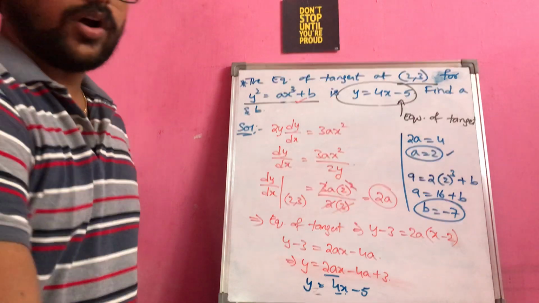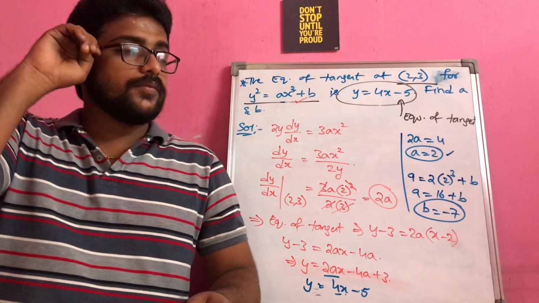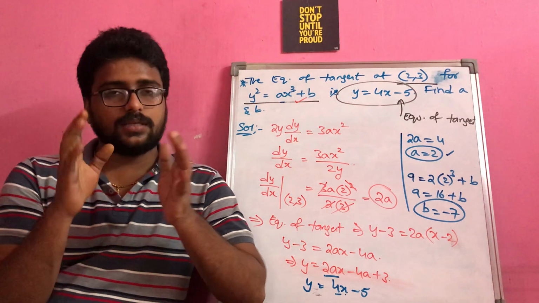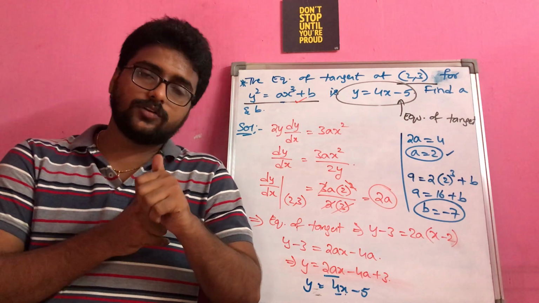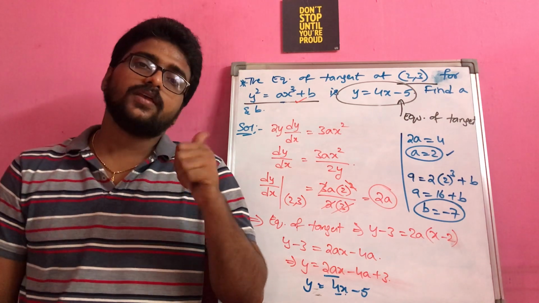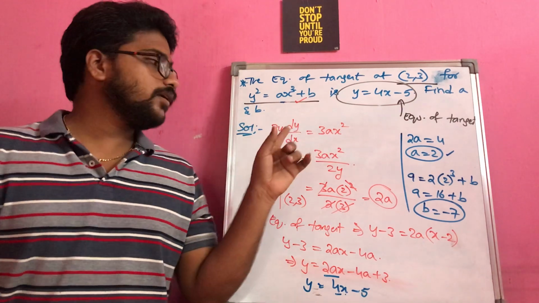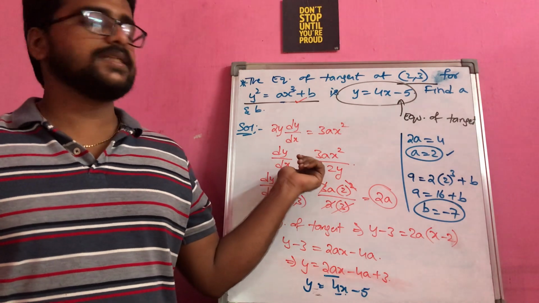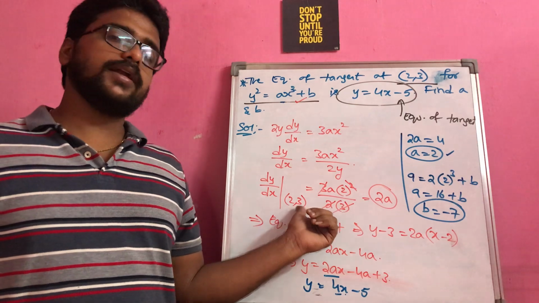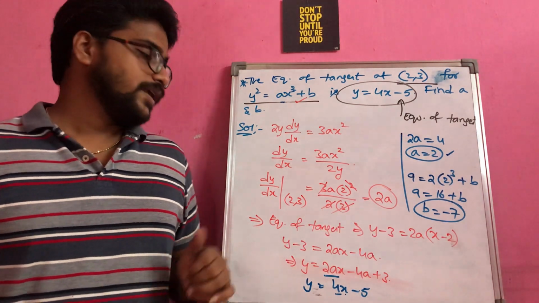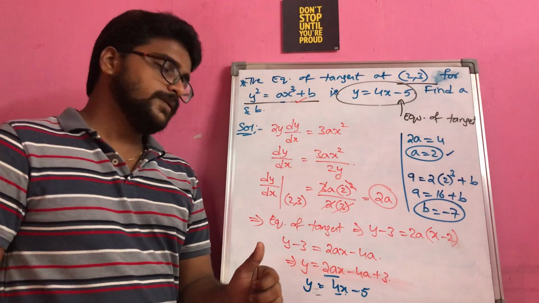Just observe here what we did. This is the important point that you have to remember. Whenever they mention something in the question, the first thing we have to do is look at what they have given to us and how we can find the required thing. What is the process for finding it in the given question? Accordingly you have to proceed. I found dy by dx, but dy by dx should not be a variable. That's why I substituted the given point so that I got the slope as 2a. And then I used the equation of tangent because in the question the equation of tangent is given.